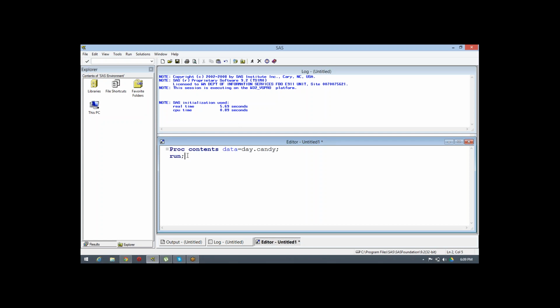Once we execute this keyword, it will give you details about the particular data portion about our data sets. If we want to gather the details about the whole directory, we always use _all_.